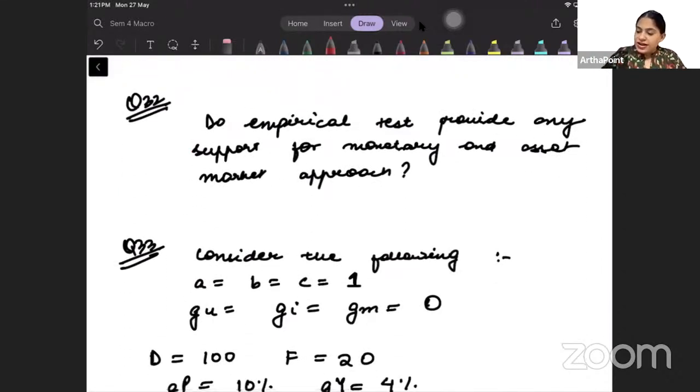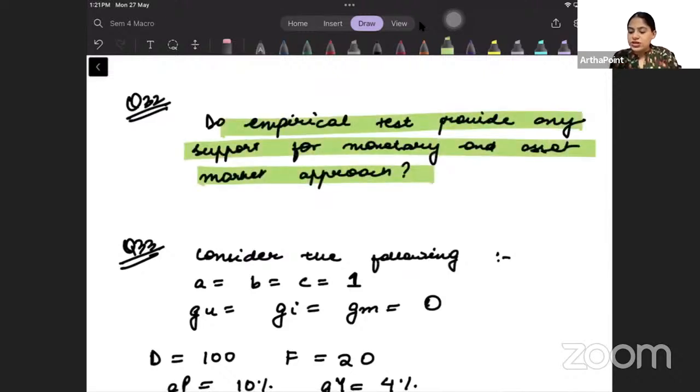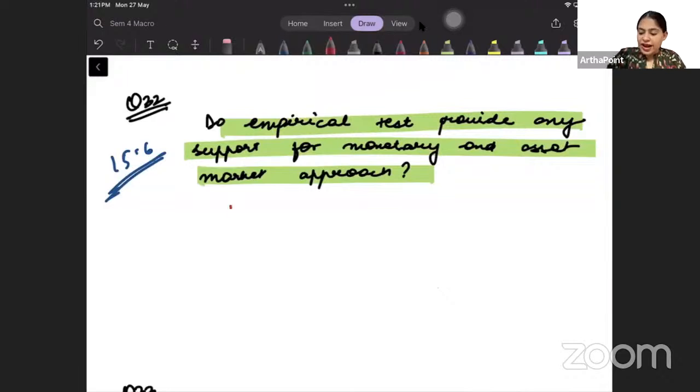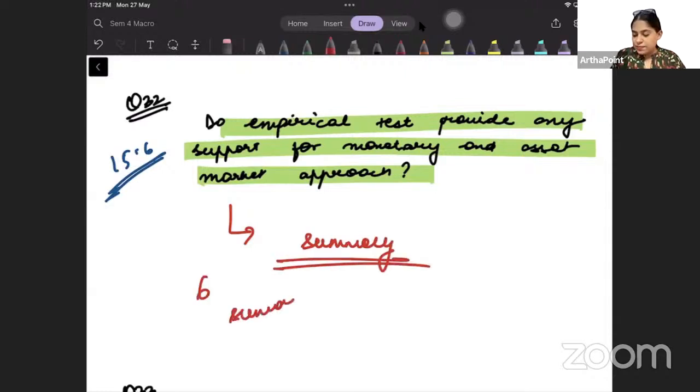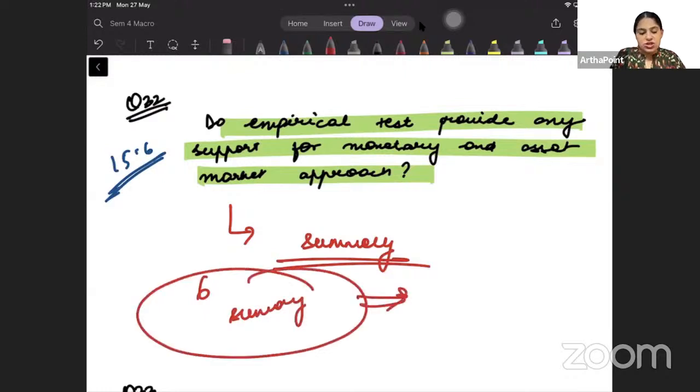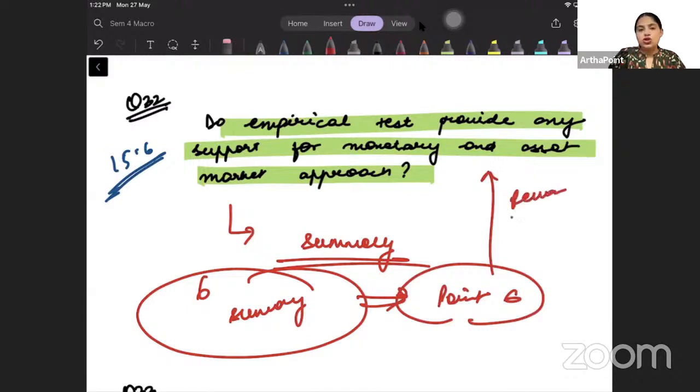Okay. Next question beta. Do empirical tests support anything for monetary and asset market approach? तो this is section 15.6. और अगर आपको लग रहा है ना कि I don't want to read this big section 15.6, इतना जरूरी नहीं है ये, तो what you can do ना, you can go towards the summary, जहां पे आपको summary pointers दिए हुए हैं इस बुक के. 6 summary pointers are given. उस 6 summary pointers का जो point number 6 है बेटा, that is enough for your revision of this question,